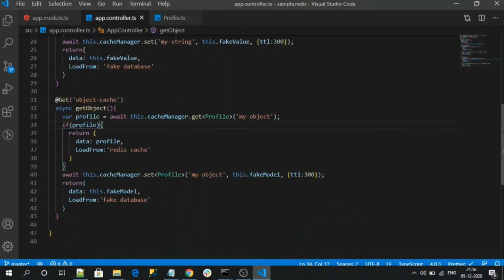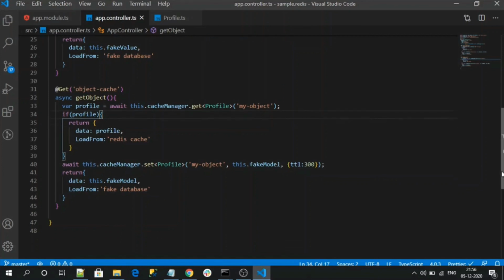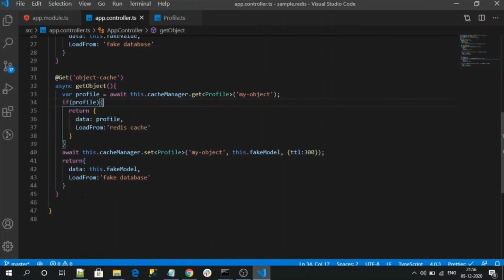Now this cache manager also provides a few methods like delete and reset. Delete is used to remove any individual key, and reset is used to flush out the entire Redis data. If you want, you can check that one. Let me create a small dummy endpoint.